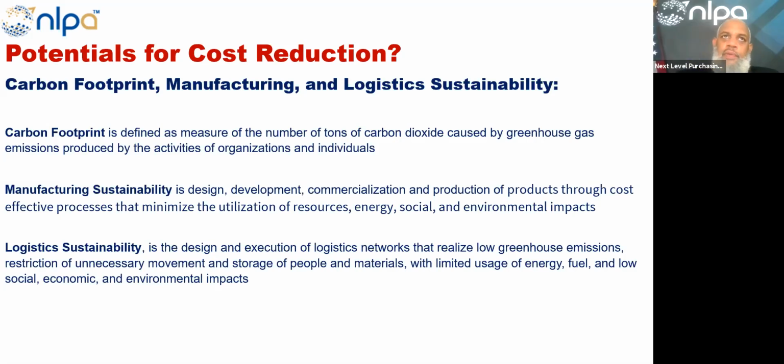What happens if environmental goods are more environmentally friendly goods are more costly? Okay, so there could be a number of reasons for that. And on the raw material side, that could be a reality where the inputs are more costly. And of course, internally, if you look into organizations, it's quite possible that the manufacturing and conversion processes may be